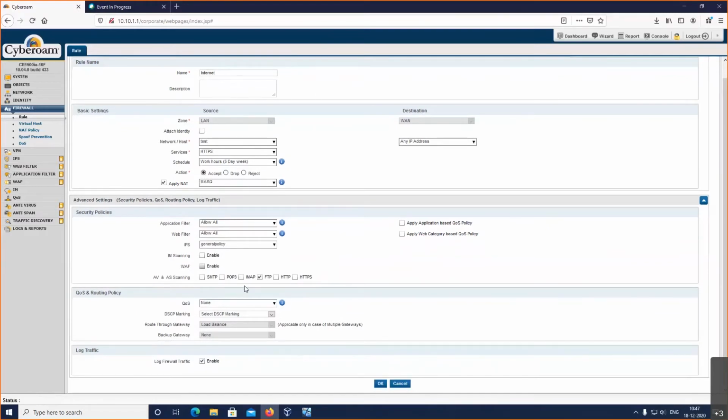So whenever in this particular rule a user is trying to connect to the WAN interface, or a user A with internal IP A is connecting to public IP B, along with this action these security features are also applied. That means whatever traffic is flowing, a particular web filter will be applied, application filter will be applied, antivirus scanning will be done.